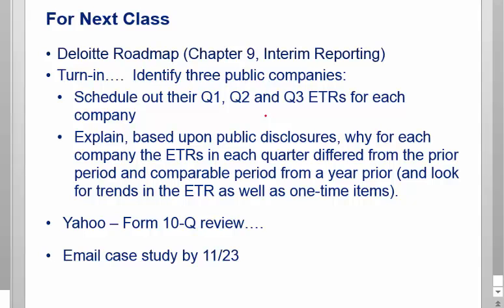There's plenty out there. If you can find one company where you can come up with something educated and say, oh, they disclosed that they had this thing, and that's why their rate popped up in this one quarter but didn't in another quarter, you will be able to find those. So don't pick 3 and say you can't figure out any of the 3 and turn that in. It's going to say that didn't count. Come up with something decent.